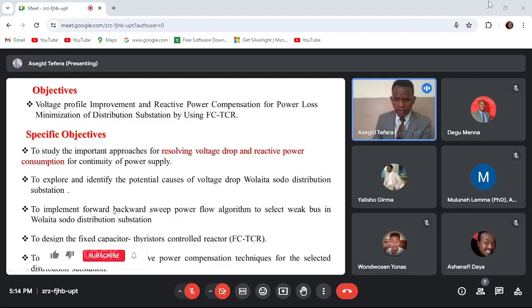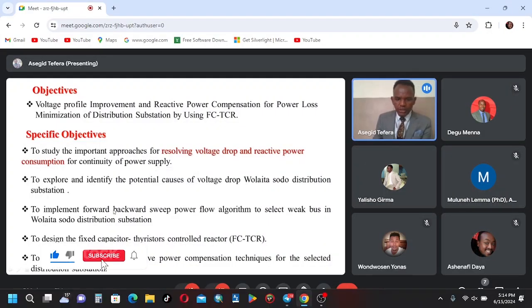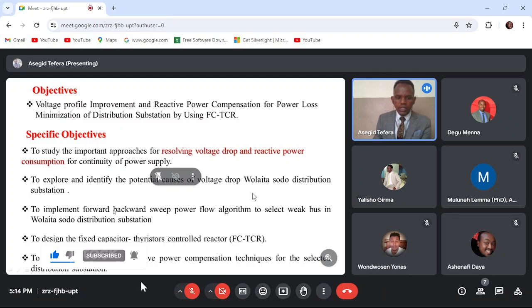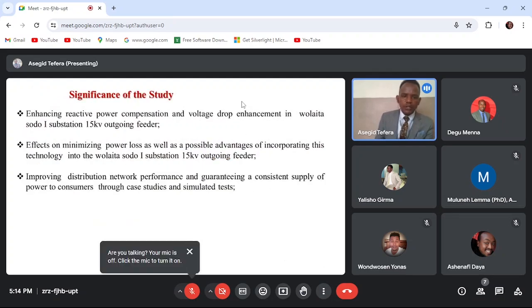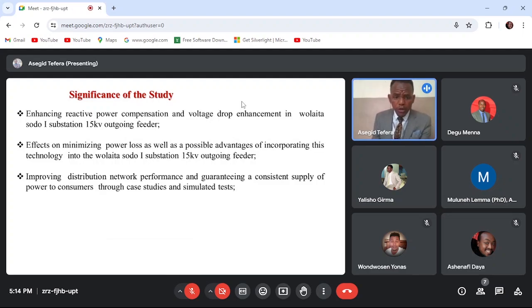weak buses or the affected feeders to implement the voltage and reactive power compensation technique for the selected distribution substations or selected buses or networks. So, the significance of this study: enhancing reactive power compensation and voltage drop in the solar substation's 50 kV outgoing feeder. Effect on minimizing power loss, as well as a possible advantage of incorporating this technology into the solar substation